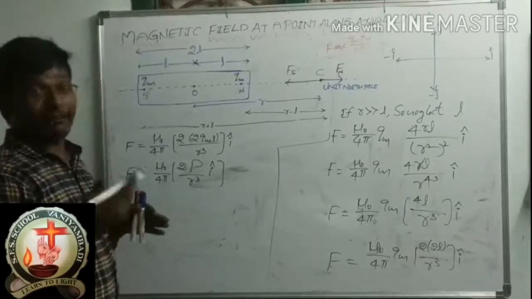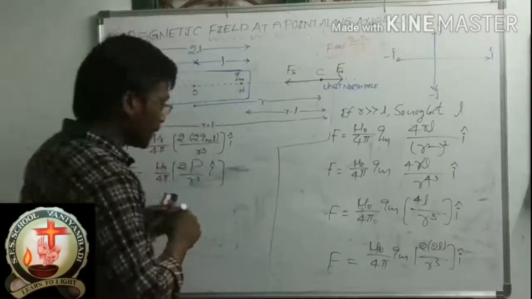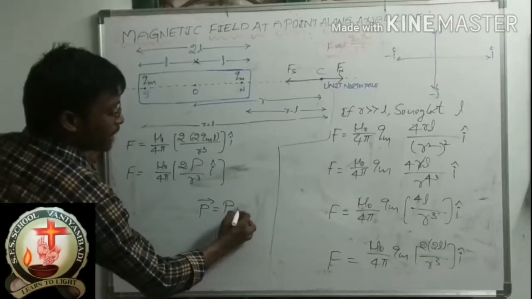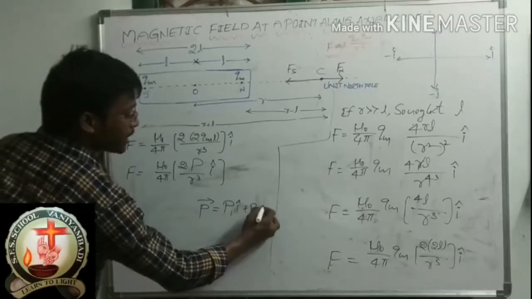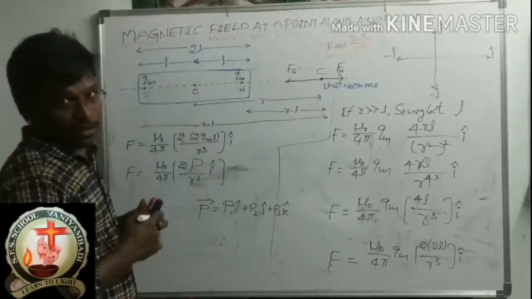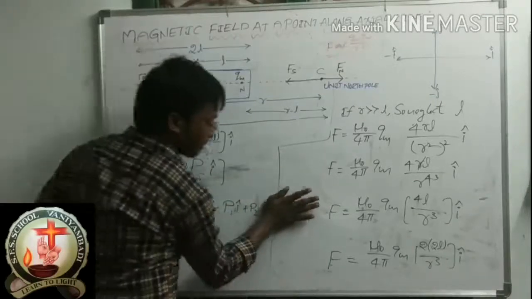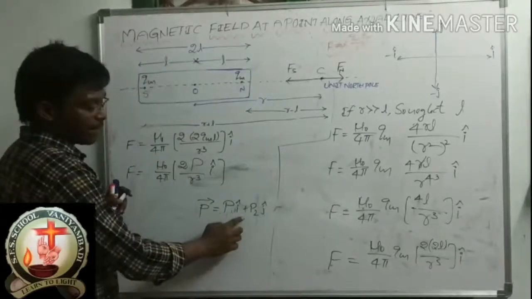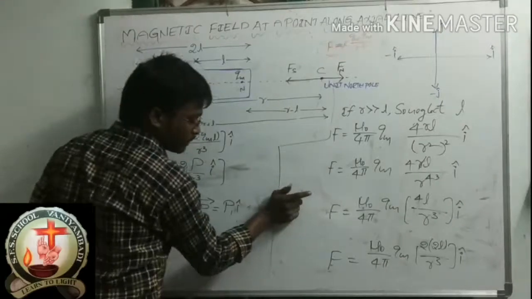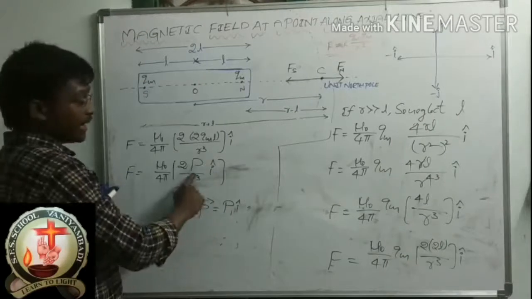And you know already, if I need to write any vector, if the vector is moving in 3 dimensions, P bar is equal to P1 i cap plus P2 j cap plus P3 k cap. But here a vector is moving in 2 dimensions, means P bar is equal to P1 i cap plus P2 j cap, correct. If a vector is moving in only one direction, P bar is equal to P1 i cap, correct, no? So like that, here P i cap is there.